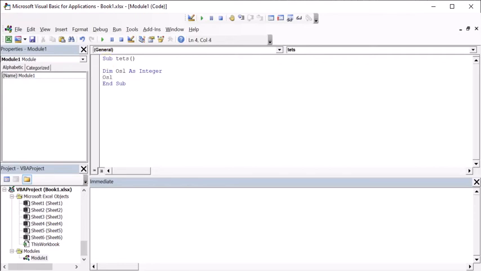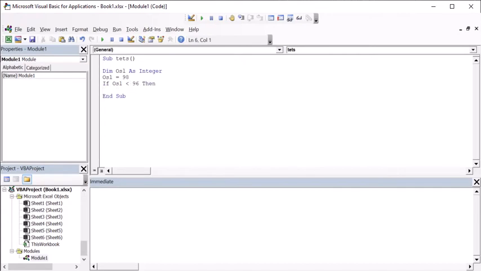Then I'm loading the value for the oxygen saturation level. Let's take 98. Then we have to check the condition: if the oxygen saturation level is lesser than 96, then